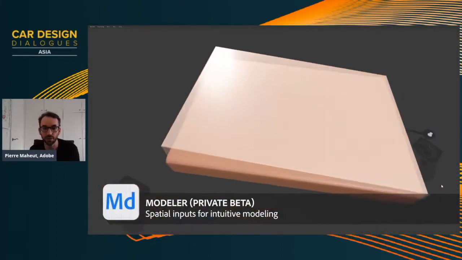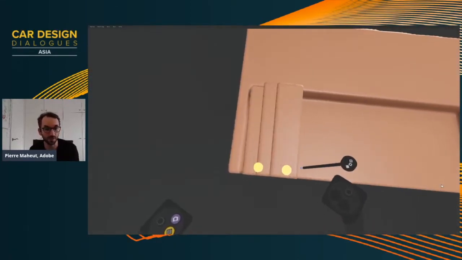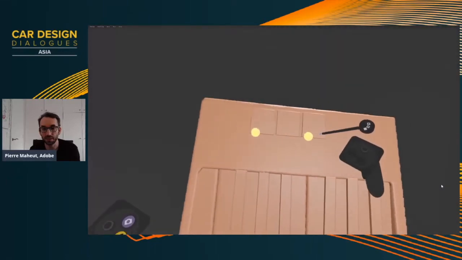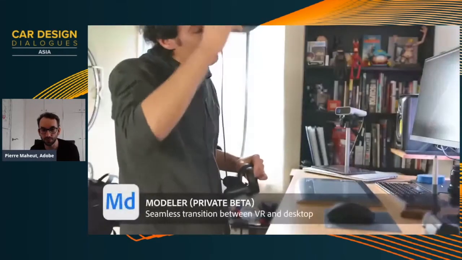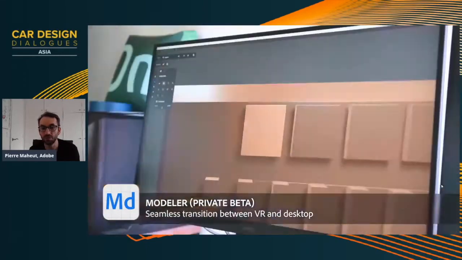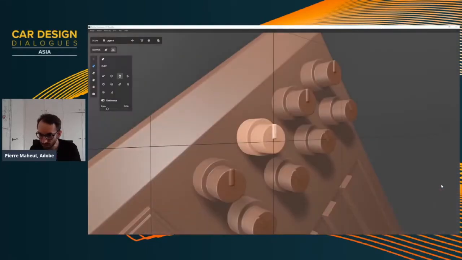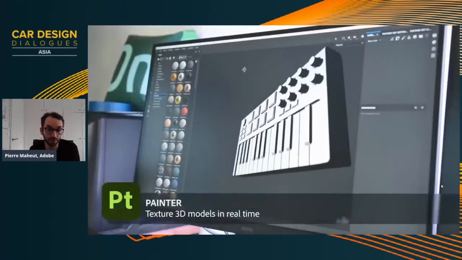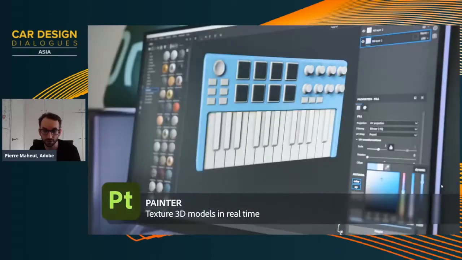Just in here, starting with Modeler. So as you have seen, it's still in private beta, but it's a really new, intuitive way to design in VR and on desktop in a very instinctive way, like a sculptor, a real digital sculpting tool.